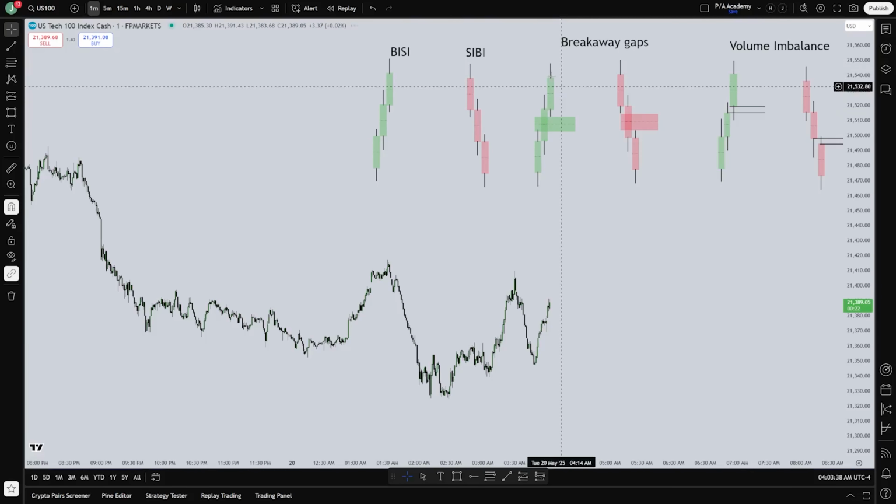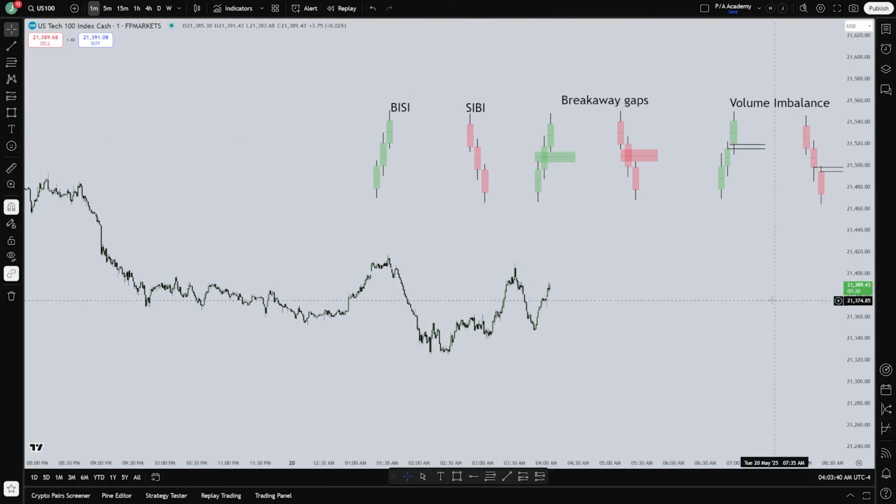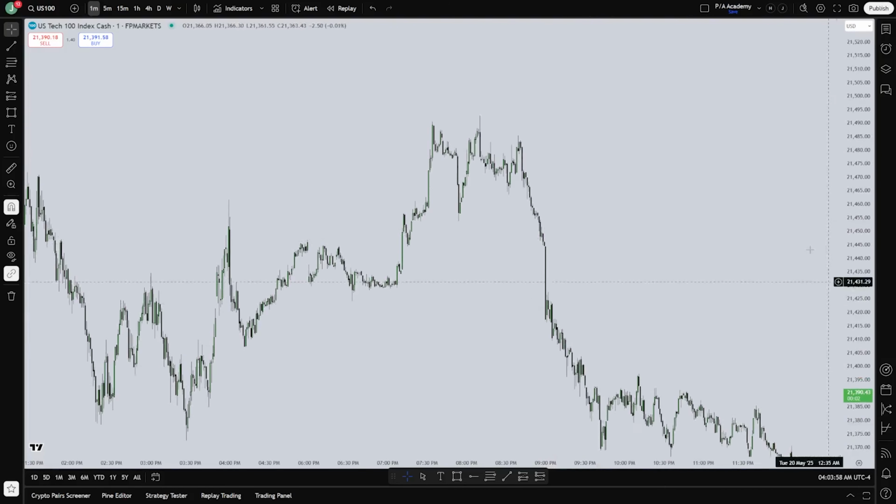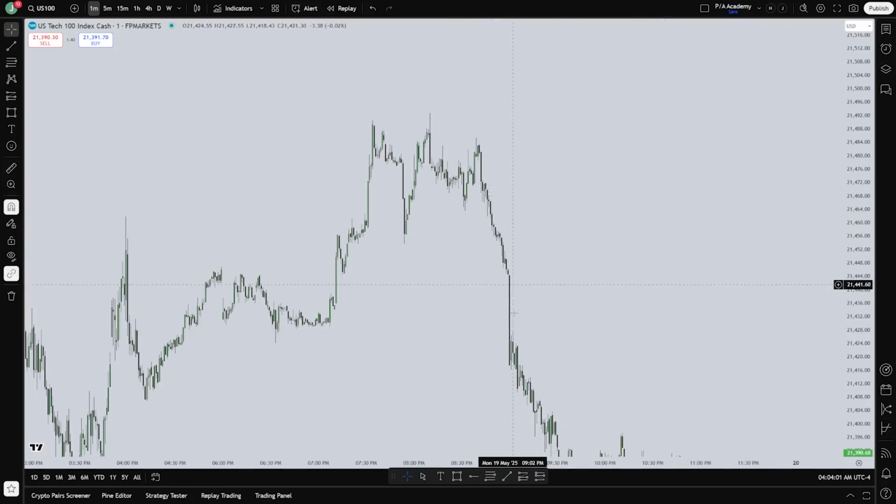But now we'll go to the breakaway gaps. For example, this would be a breakaway gap right here. That one. And that one. Why are these breakaway gaps? Well, because